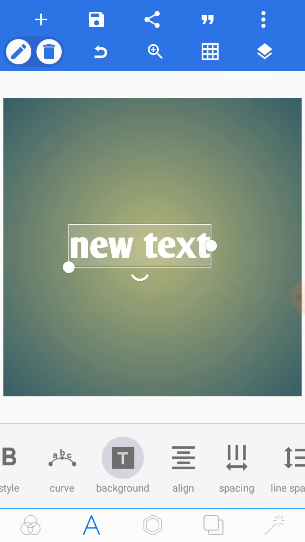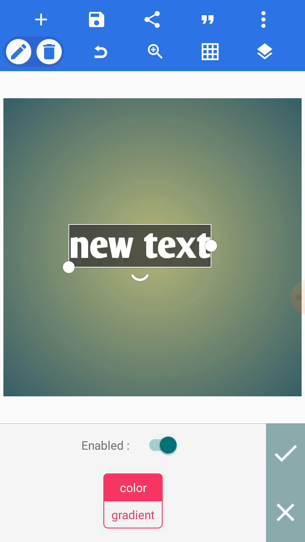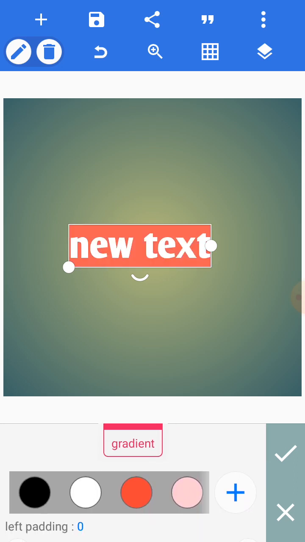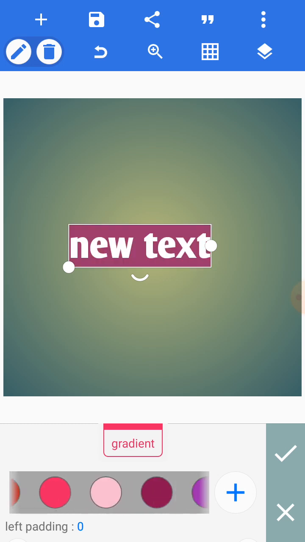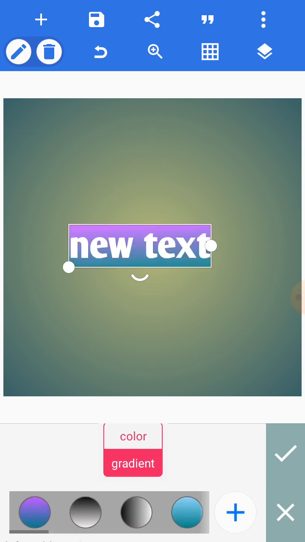so when it comes to the background, if you want to enable background for your text, you see this text already has a background. Then let me say you want to change the color. Okay, you don't want this, you want this one. Just anyhow, you play around with the colors depending on what you are working on. Then the gradient, you can also use the gradient. See the one that I created before we started at the beginning. Okay,